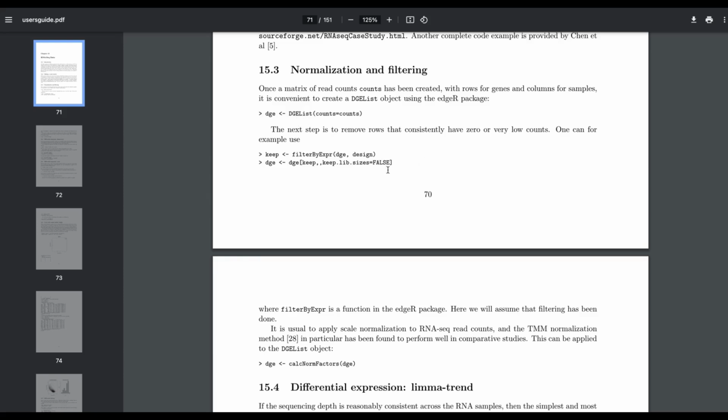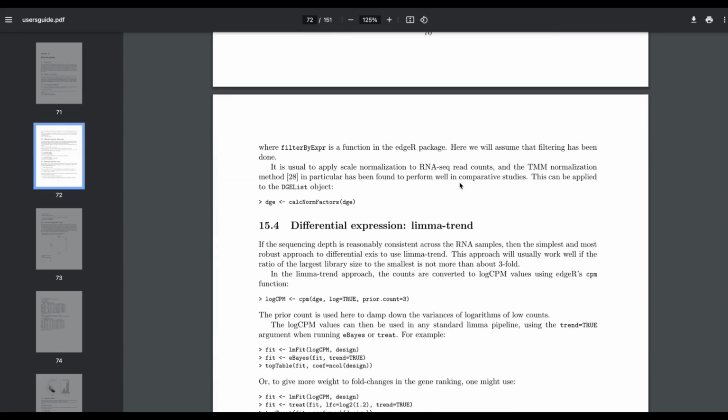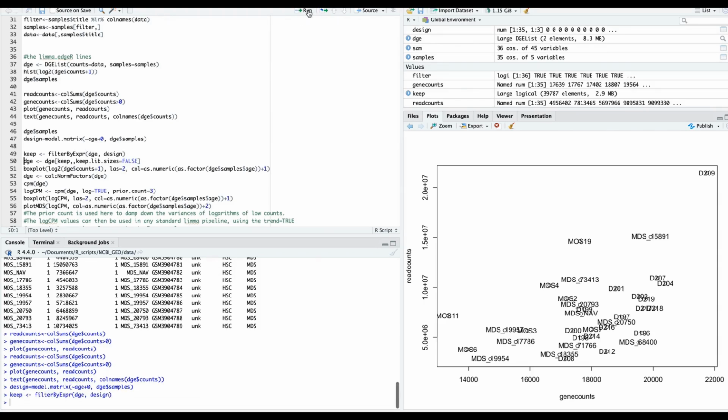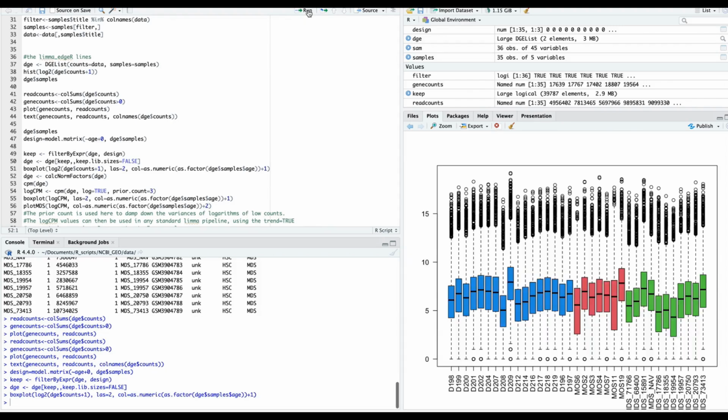So you can compare this DGEList, filter by expression, keep only what is not filtered off, calculate normalizing factors, and then log CPM, fit, eBayes, and topTable. We do design, we do the keep and DGEList. Now we insert a box plot because we still like to see how the data look